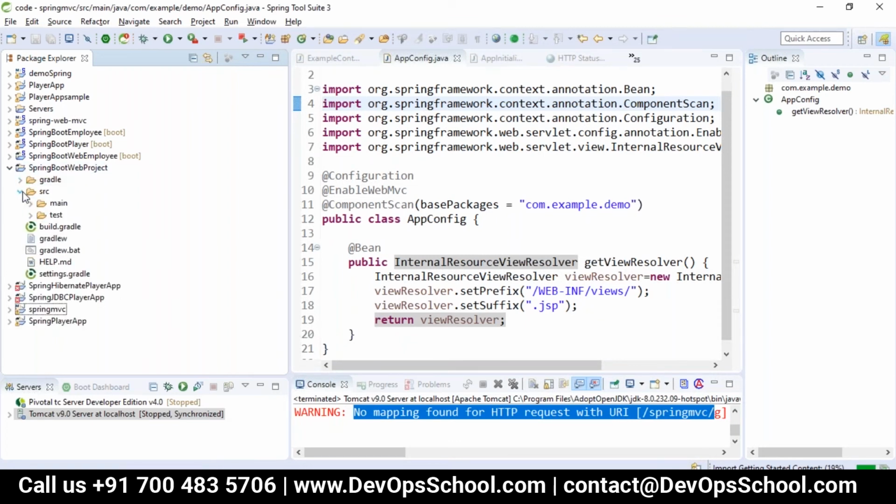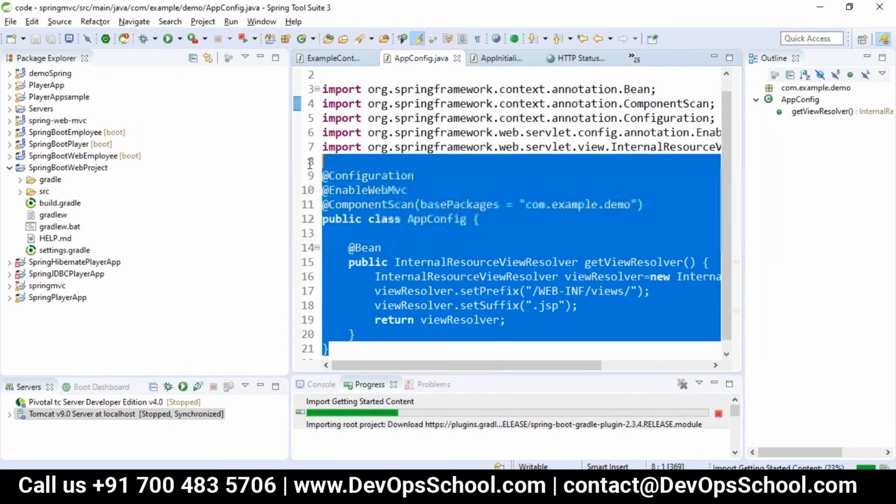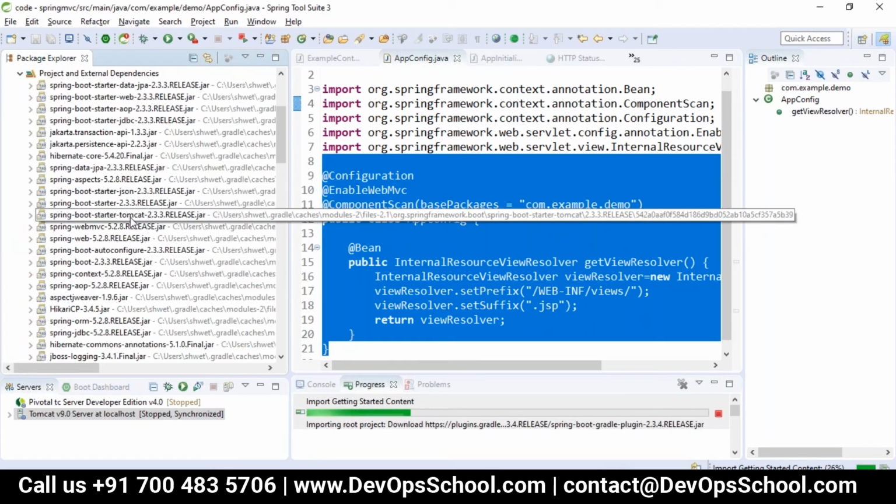We no need to take care of any other parts because we don't need to configure the dispatcher servlet or the application config, as it's all auto configured. If you go to any of your other projects where the web dependencies are there, you can see there is a Spring Boot starter Tomcat.